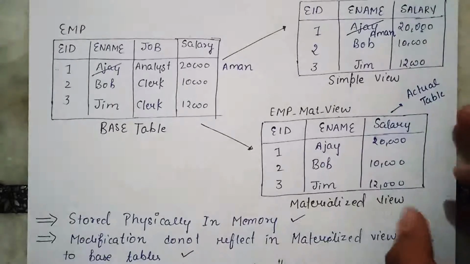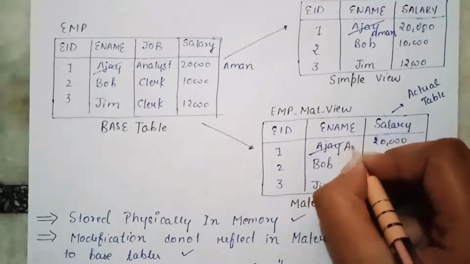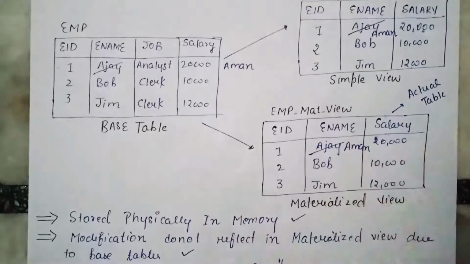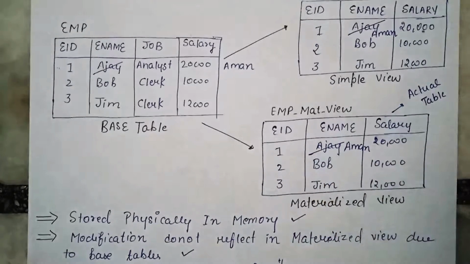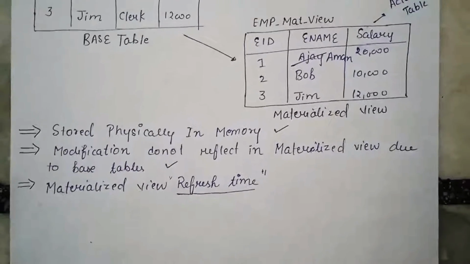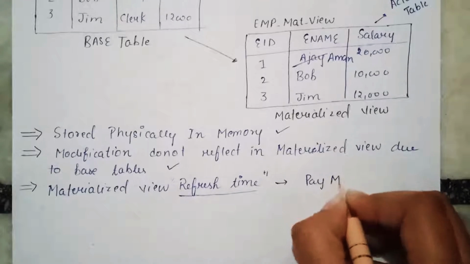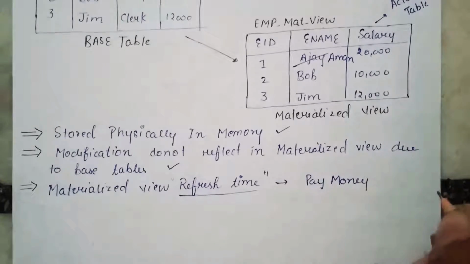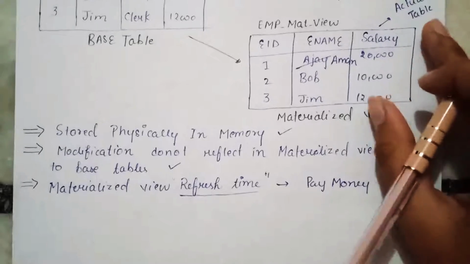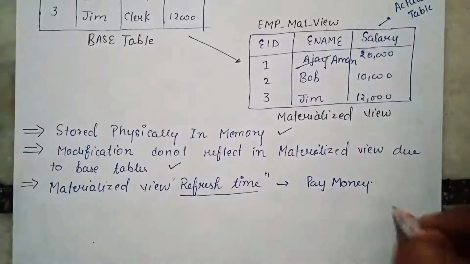After refreshing, if we open this materialized view again, we will find the name changed from Ajay to Aman. So this is what the materialized view does. Now there is one thing: every time we need to refresh our materialized view, we need to pay the money. Whenever we want to update our materialized view on the basis of the base table, we need to pay the money. So this is the reason